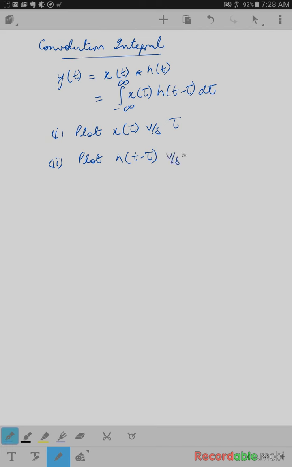Again, you plot this versus tau, and remember this is the same as h of minus tau plus t. So it's really a function varying with tau. t is something fixed. And then at this value of t,